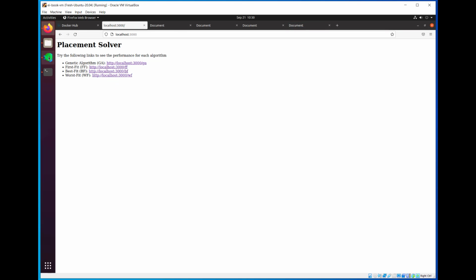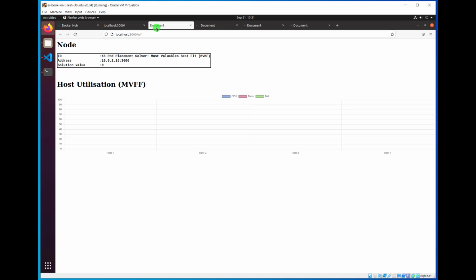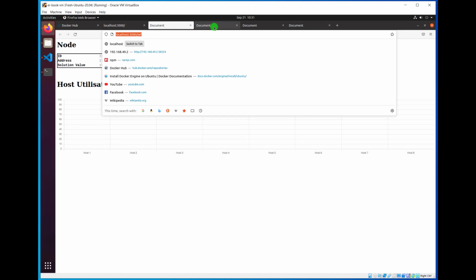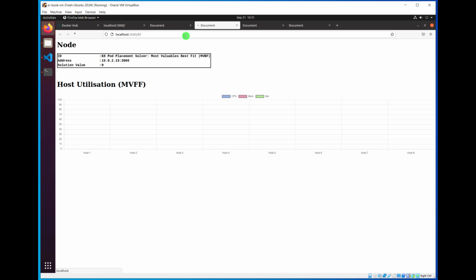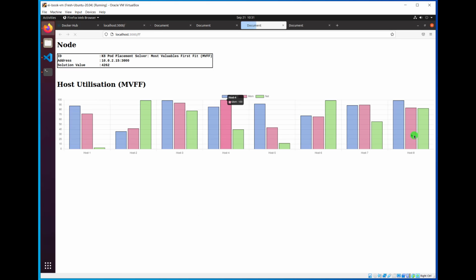So here is the solver I have, and if I write a smaller one, the placement, say large, for example, sorry, the large one. Here you would see they would be updating themselves every few seconds anyway. The worst fit, no solution. The best fit, no solution, because you're supposed to write them. The first fit, the 8 hosts, and this is how the 8 hosts are actually filled. And this is the solution value,